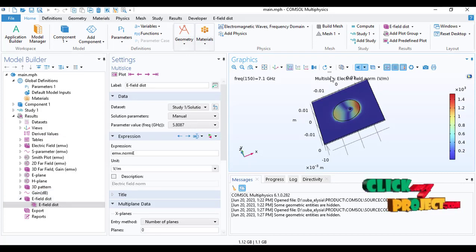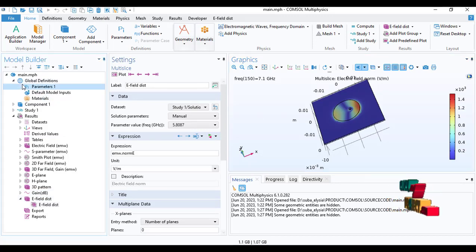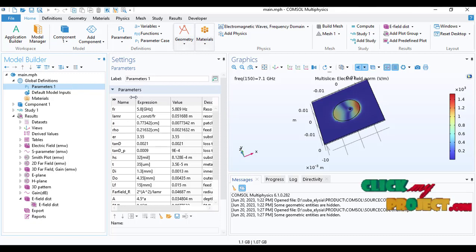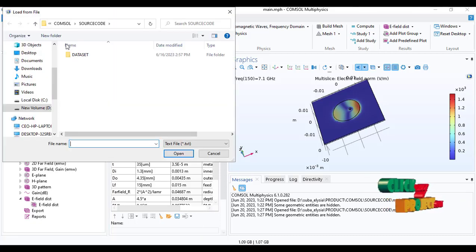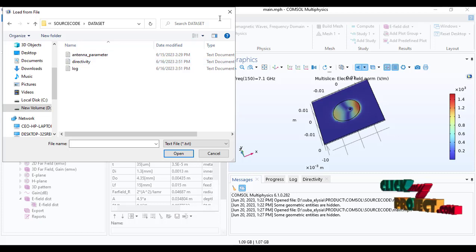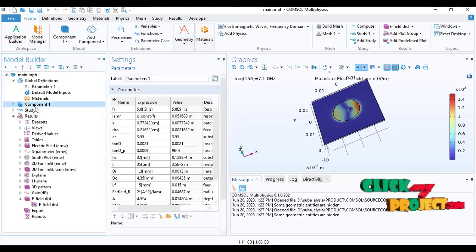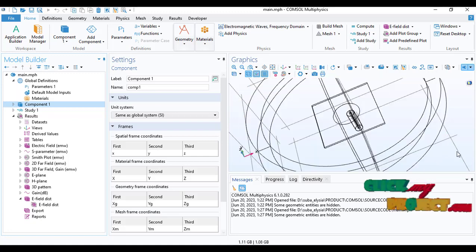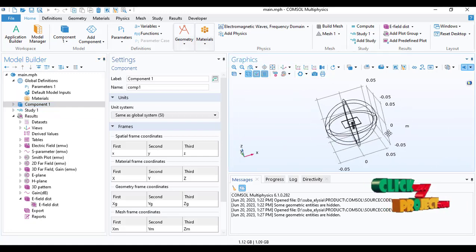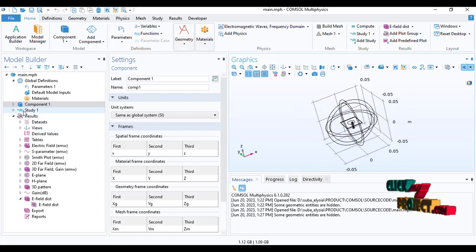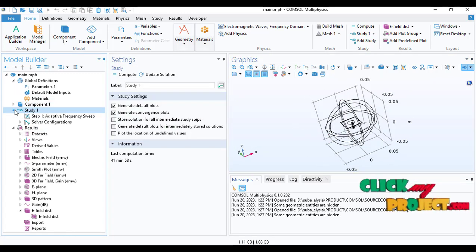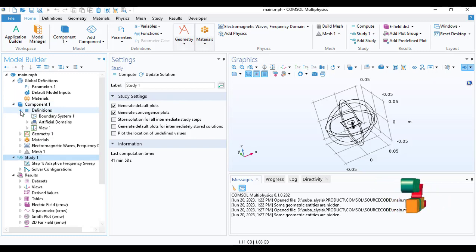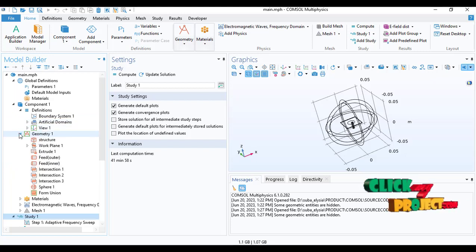This is the overall process. First step is the parameters uploading. By using this one, we upload the data set. Then the components. Here we design our model. First of all we design it, and then by designing this, we first define it, and then we use all the geometry, structure, work plane,